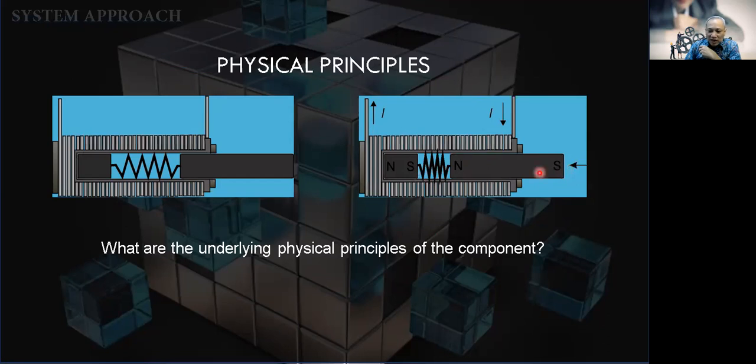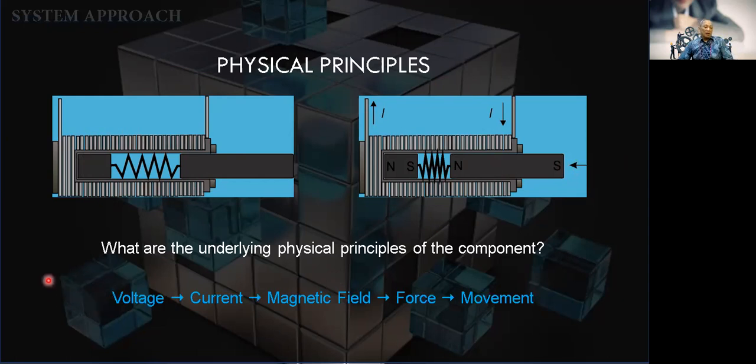So this one will be pulled in, in this direction. And when the current is cut off, it will go back to its original or normal position. So the idea is that voltage is given and produces current, which produces a magnetic field, and the magnetic field creates a magnetic force, and then the movement. So that's the physical principles. Sometimes we think it's too long an explanation and we just want to know this part, but when we want to study the whole system, we have to remind ourselves about this context again.